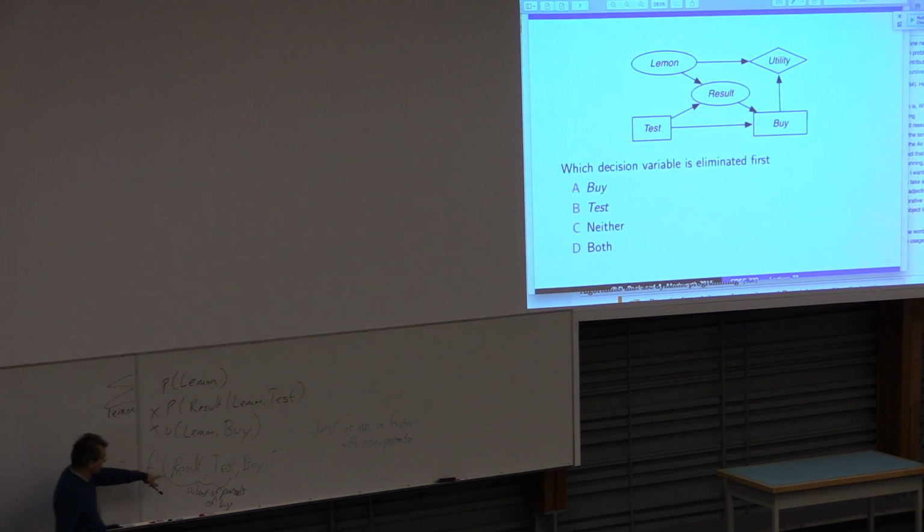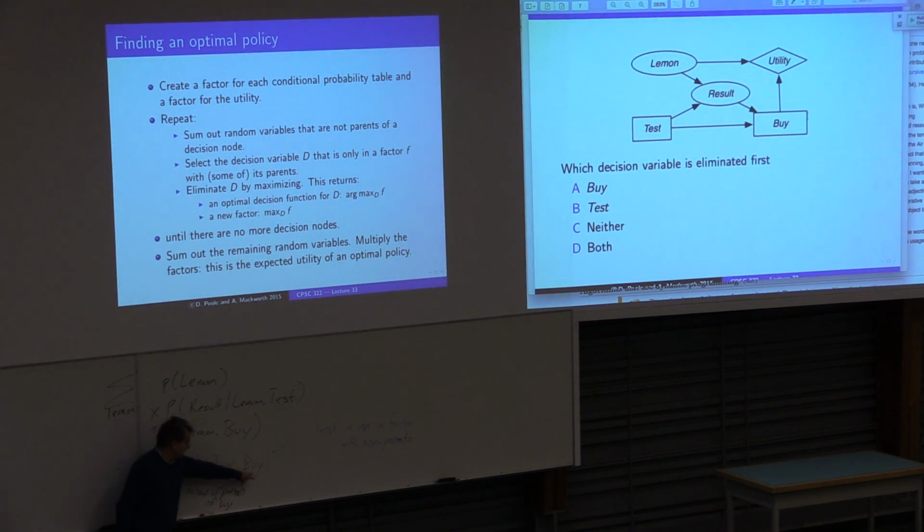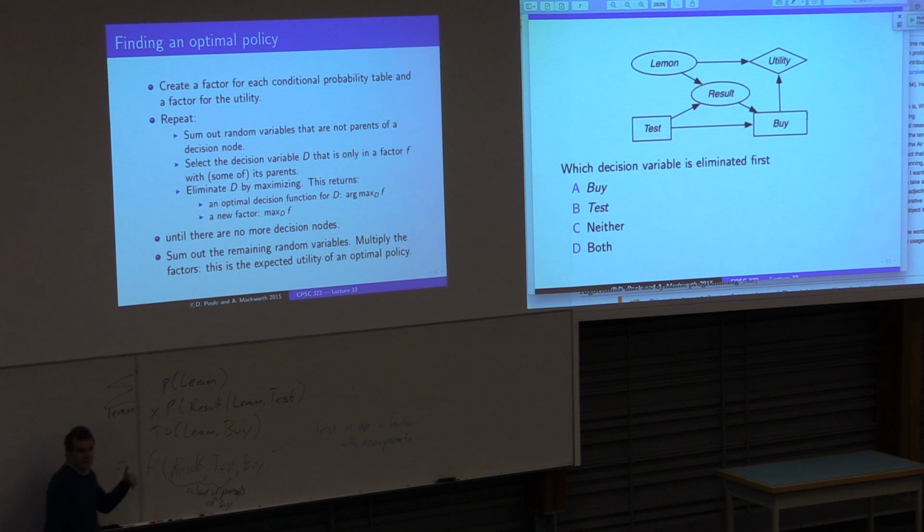So we end up with this factor on result, test, and by. And at this stage, we can maximize by because we have its parents in a factor. Okay, any questions? Yes? How come those